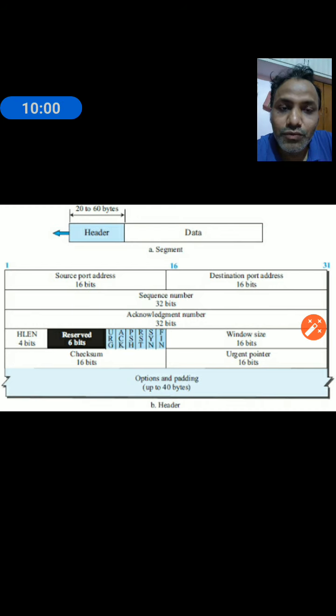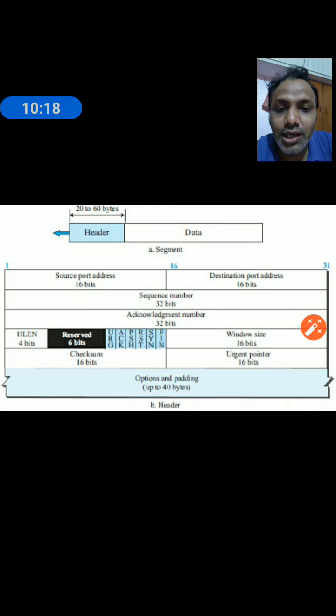Otherwise, follow that policy: whatever data arrives in the queue, you immediately send to the applications. That's why we use the push flag. Then the reset: whatever data you want to flush, or want to reset, that is the field which is required there.